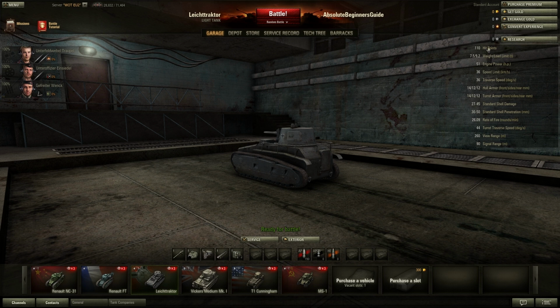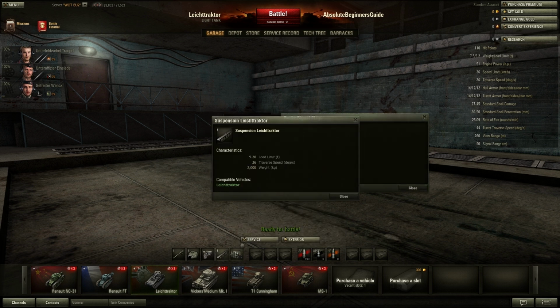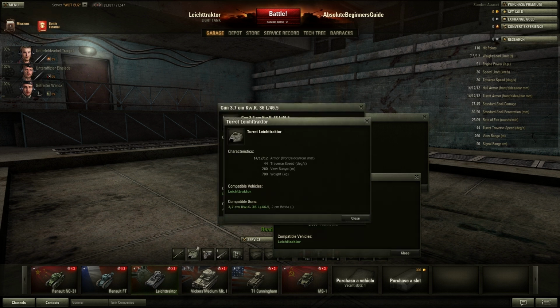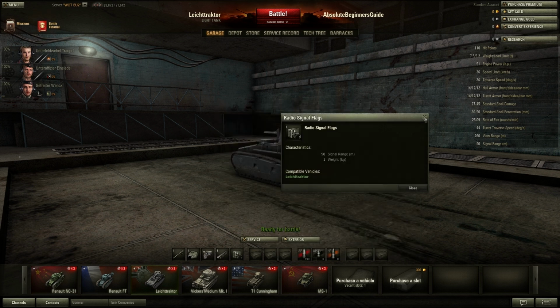Just very briefly, over here on the right hand side is the accumulation of all the stats from all the items that you've actually equipped on your tank. So things like signal range you've got over here, your load limit up here 9.2, turret controls your view range, so that's down here. As you upgrade your turret and as you upgrade your tracks and other bits and pieces, these items over here